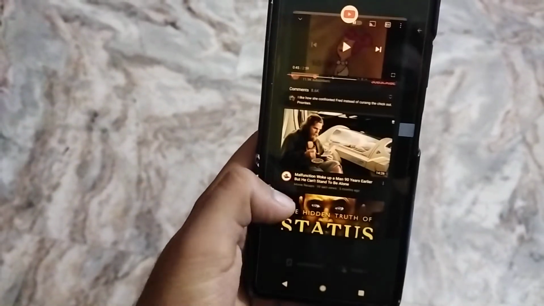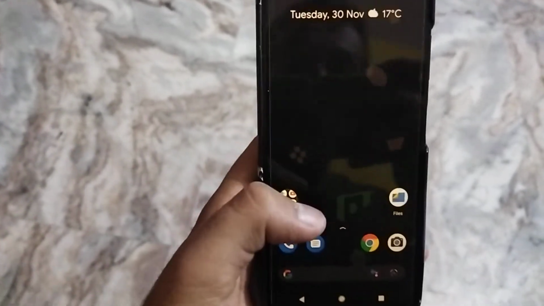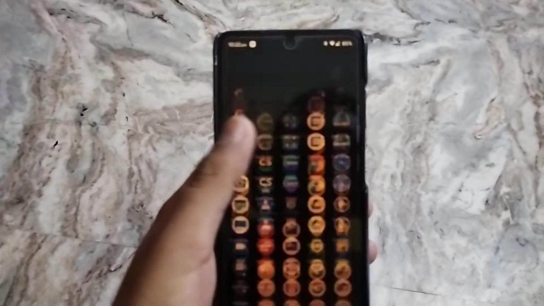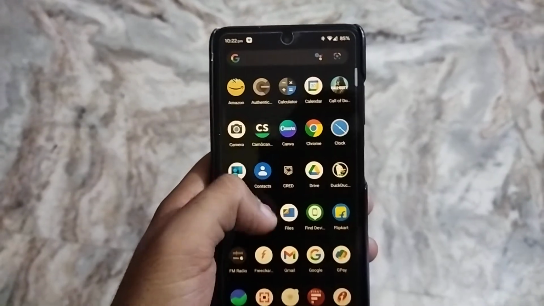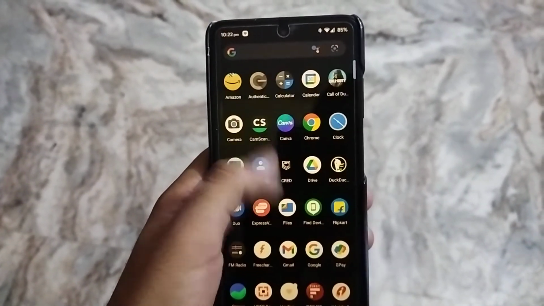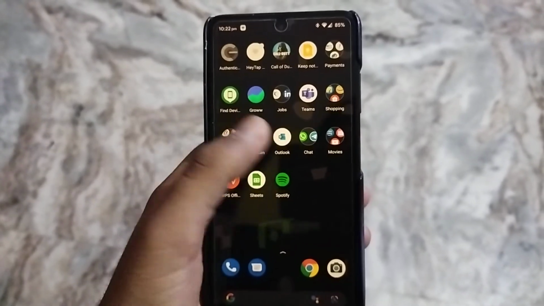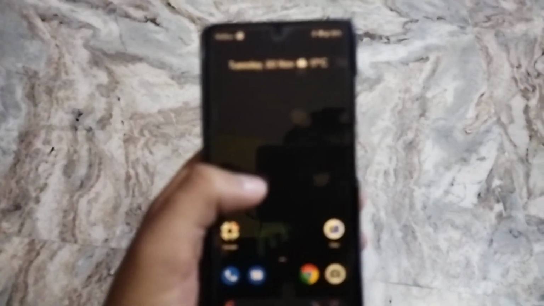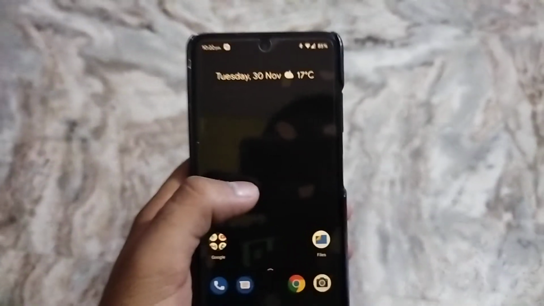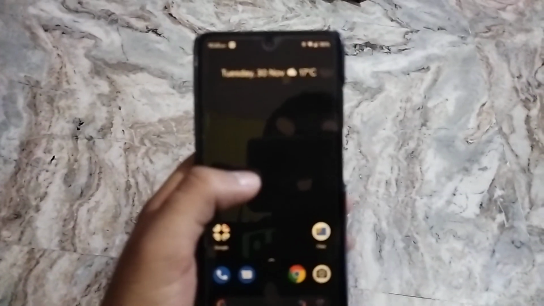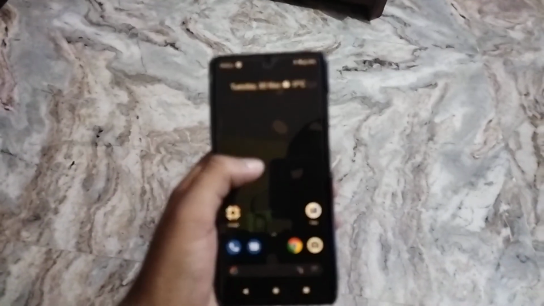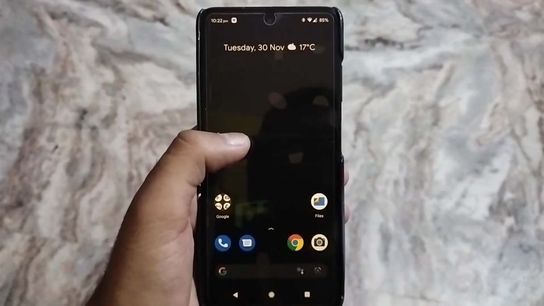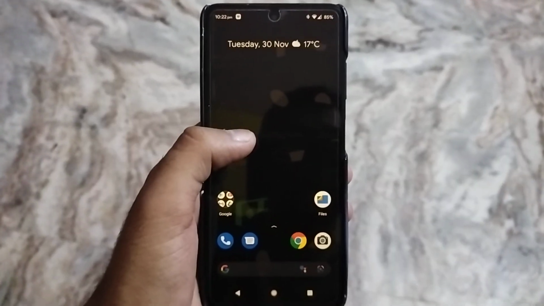So these are all the features that I want to convey to you guys. I am using this ROM for more than a month now, to be fair, as my daily driver. I use WhatsApp, Spotify, and all the banking applications, and it is working very fine. If you have any doubt, or you want to try out this ROM, my suggestion would be to please go try it out. This is a very good ROM, and the developer has done a very good job, kudos to the developer.